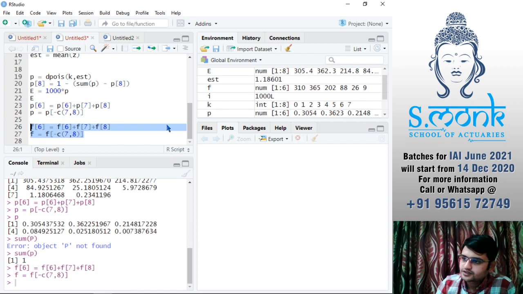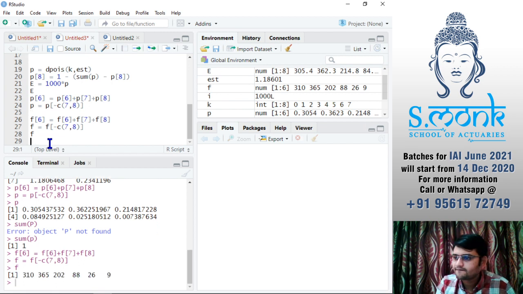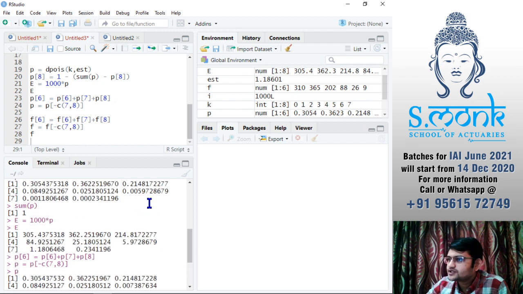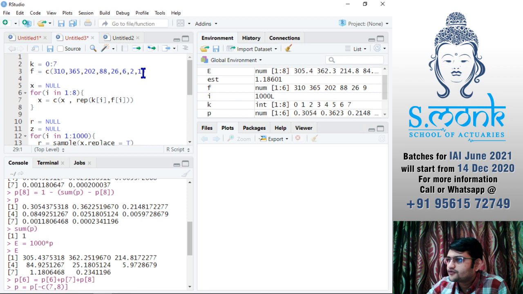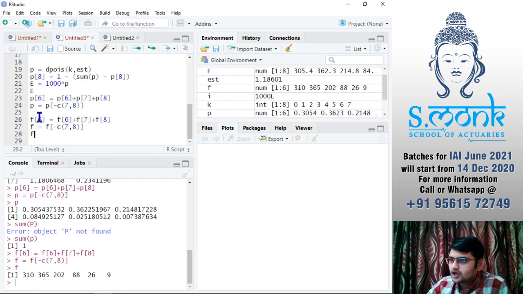Run this, check f. You can see now we have only 6 values, and our 6th value is nothing but addition of these 3 values. So now we have our observed frequencies, that would be f, and we have expected probabilities, that would be p.